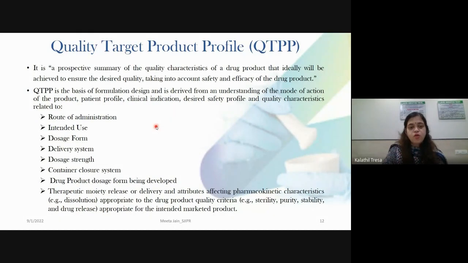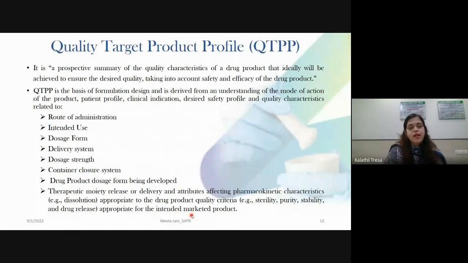Then the parameters which will affect your pharmacokinetic characteristics, for example dissolution, and the product quality criteria like sterility, purity, stability, and drug release, which are appropriate for marketing that product.